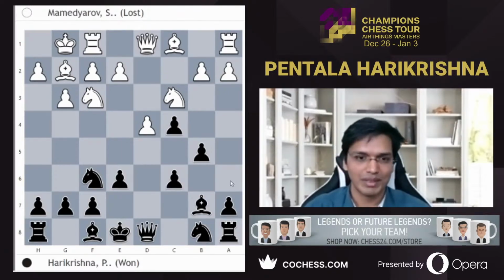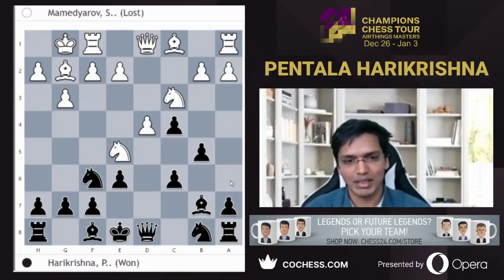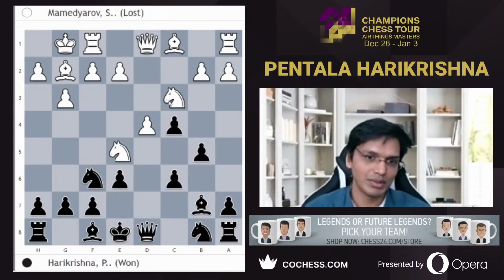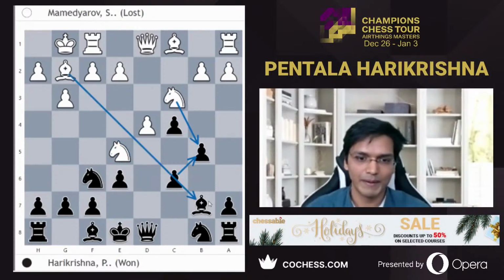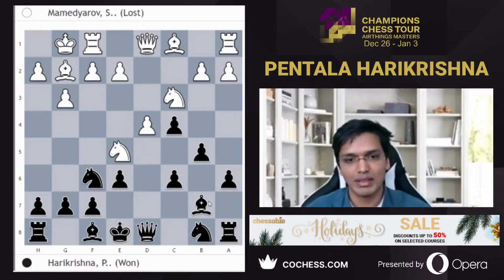So bishop b7, knight e5. Idea is to capture knight b5, c takes b5, bishop b7. So a6, defending the b5 pawn. B3. So this is the way